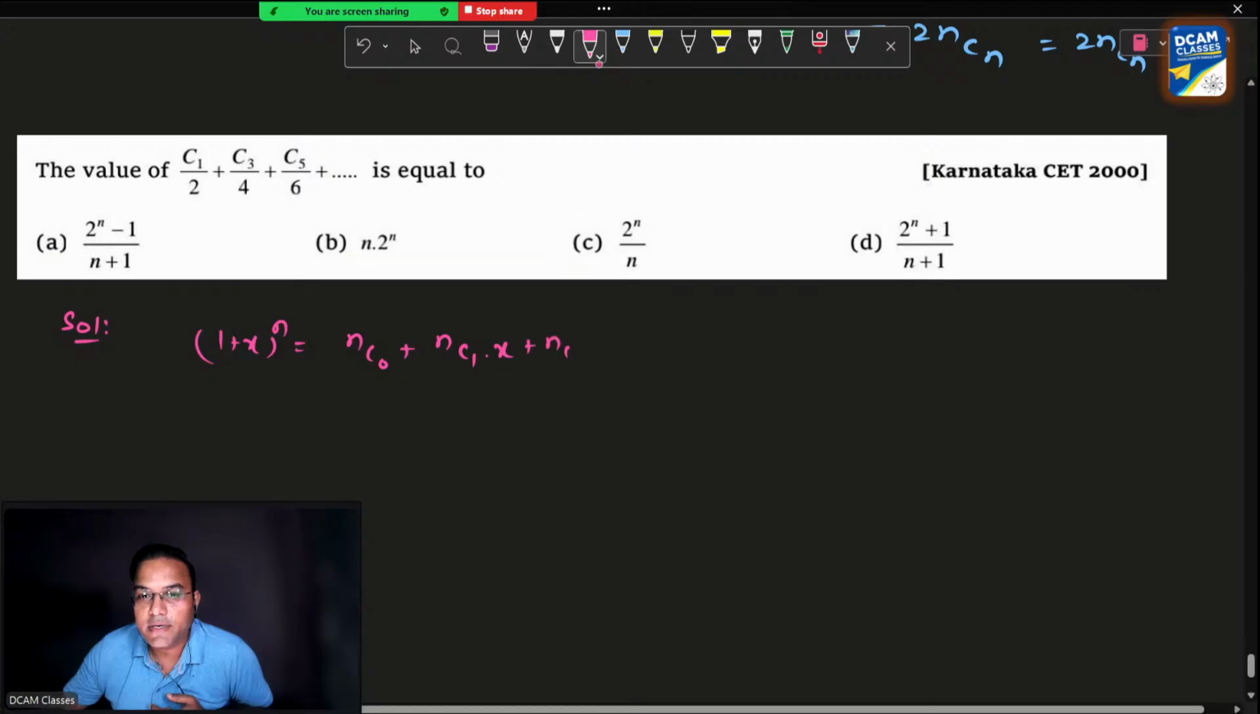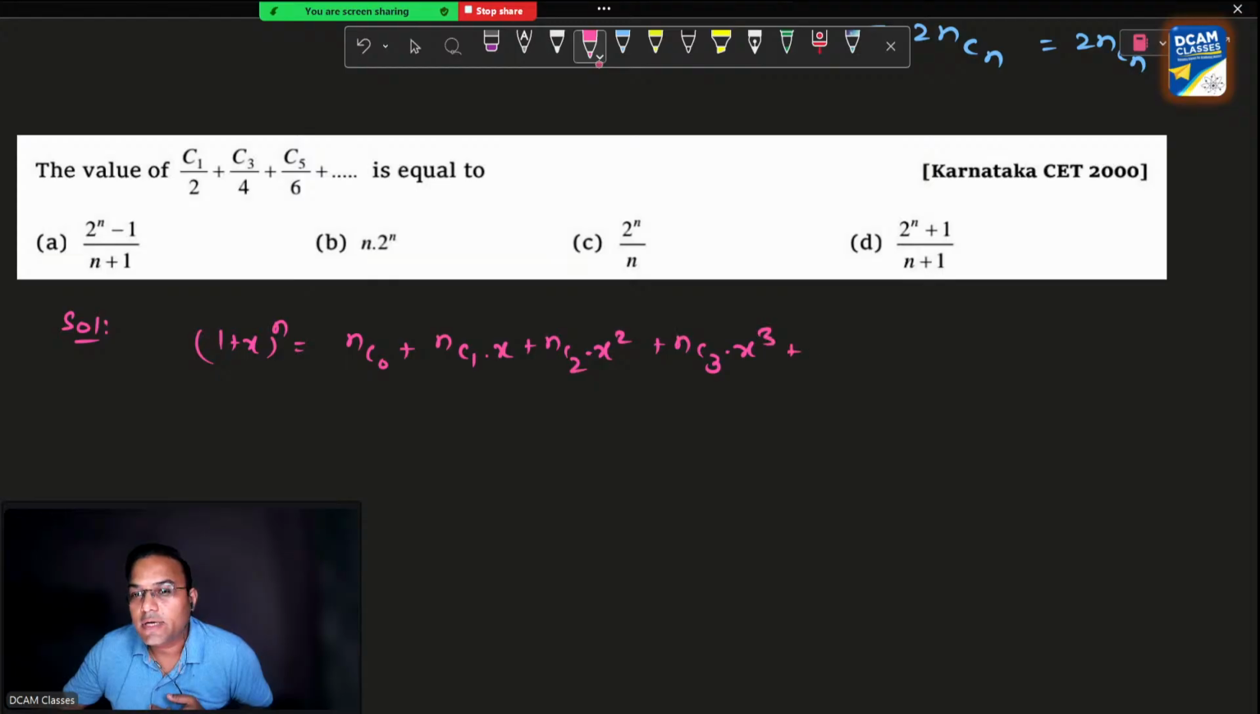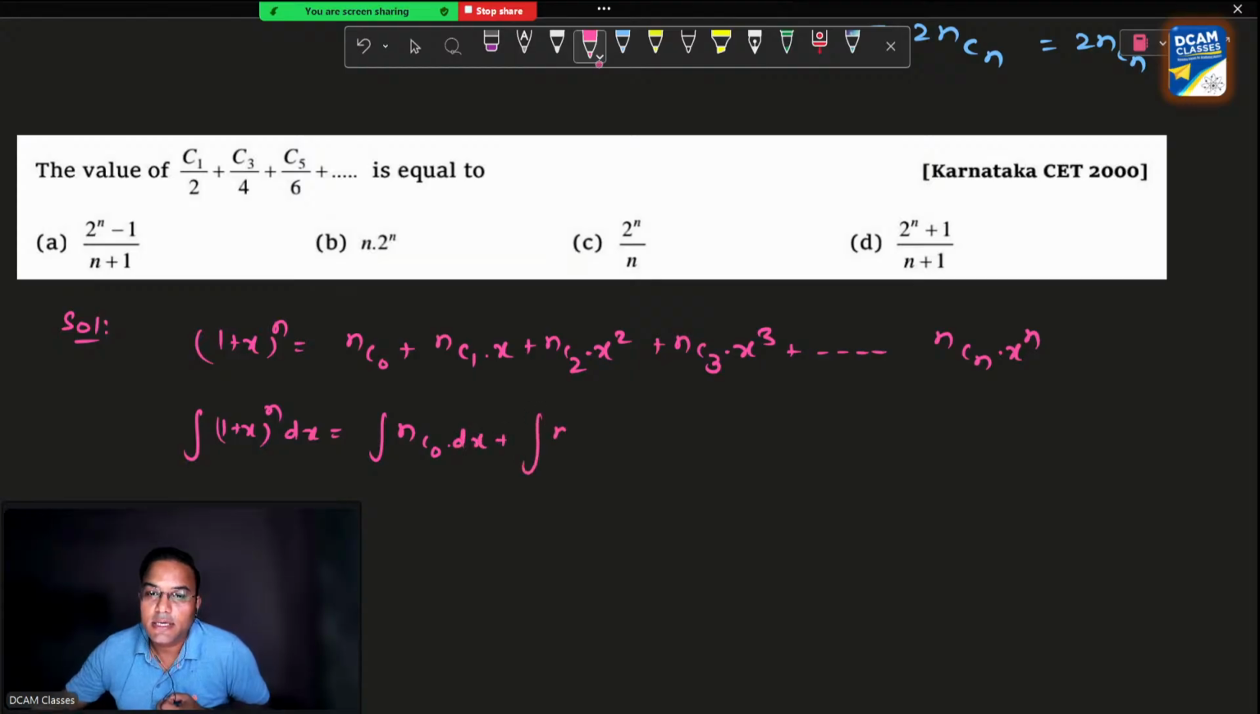NC2 into x square, NC3 into x cube, like that we'll do, and we'll write NCn into x power n. Acha, it's given C1 by 2, so they actually want us to do integration. Integration of 1 plus x whole power n dx. If you do, integration of NC0 dx plus integration of NC1 into x dx